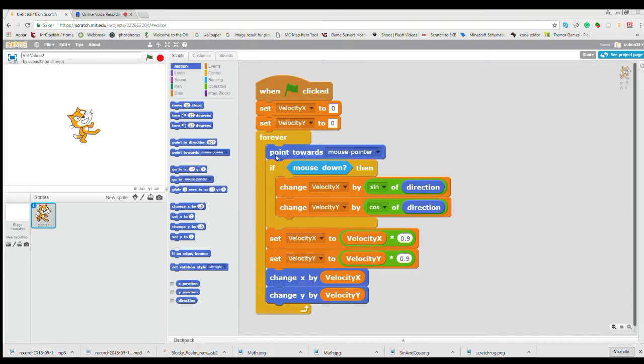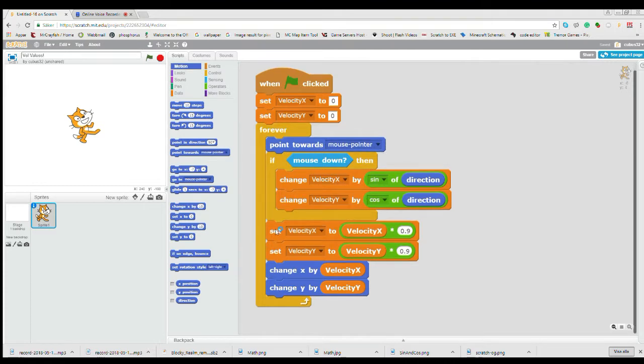The first thing it does is it faces the mouse pointer, and if mouse is down, it tries to change the velocity depending on its direction. If you want to learn more about sinus and cosinus, there should be a link in the description you can check out. So after, we just add some friction so it doesn't always go forwards,